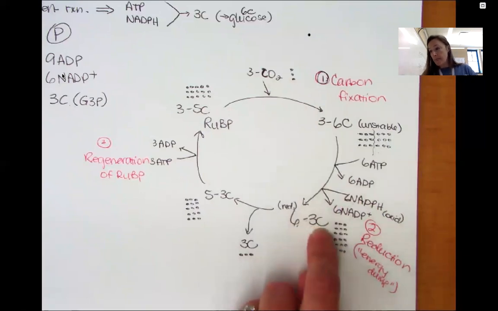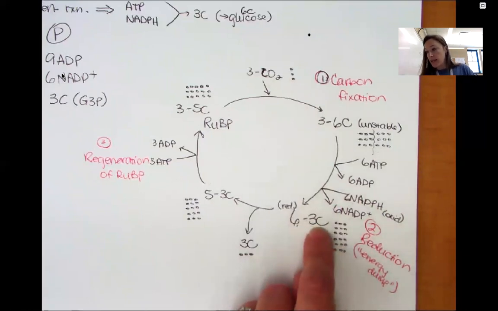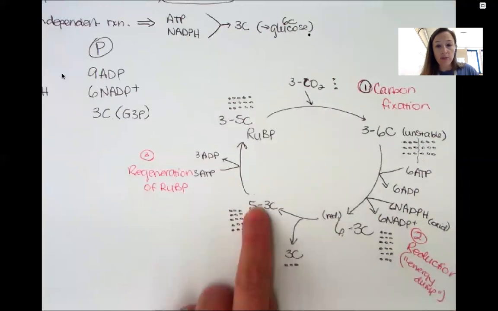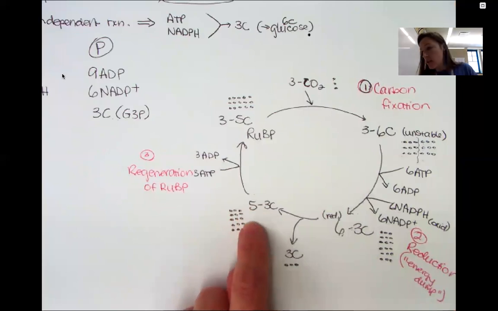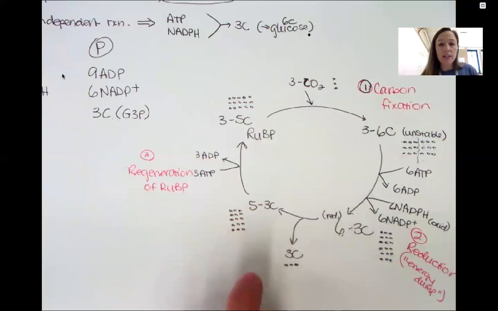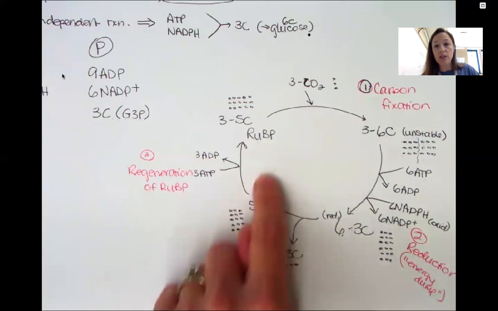So we remove the electrons from here and we dump them onto this guy, reducing it, and that takes the energy with it. The next one says I can explain how carbon atoms are rearranged to form RuBP. So we have these 3 carbons. We're just going to rearrange them. We're going to break some bonds and we're going to reform them. Probably going to kind of break off these bottom 2 and add them to these top 3 to get 5, 5, and 5. And that's all you need to know. You don't need to know specifically which ones get broken and how. You just need to know that we had 5 3s and those 15 carbons got rearranged into 3 5s, which